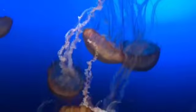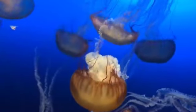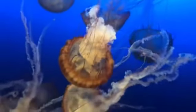Besides those strange phenomena that have been observed, these creatures are also capable of completely regenerating parts of its body which have been chopped off. For example, if you take a part